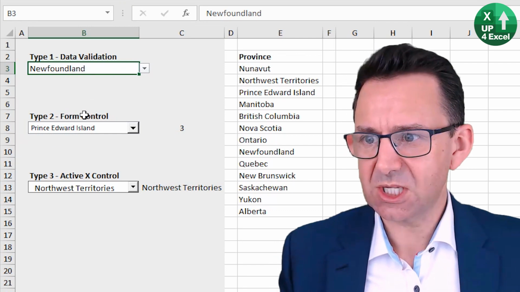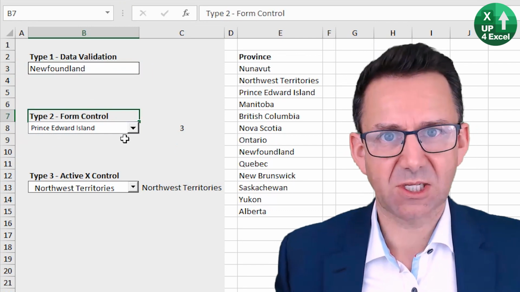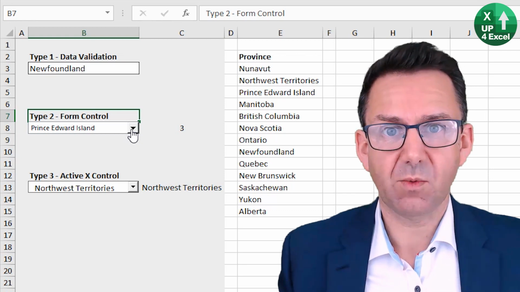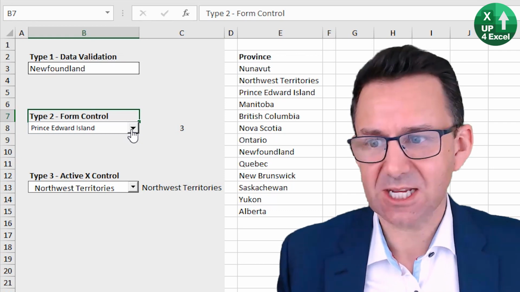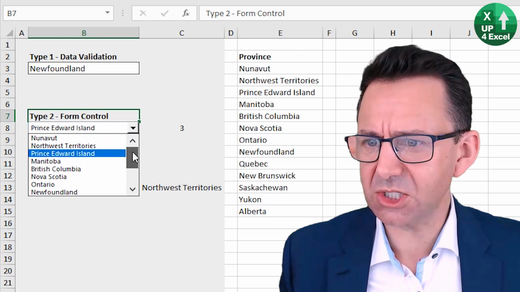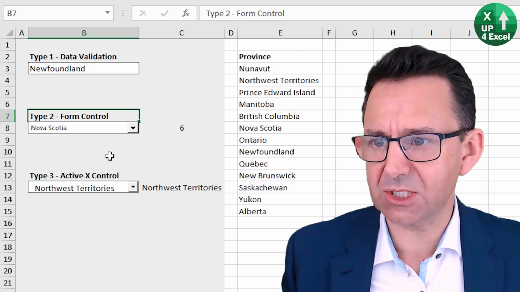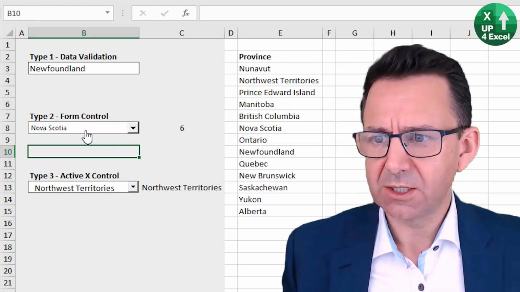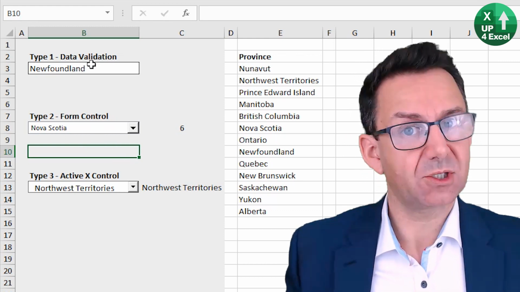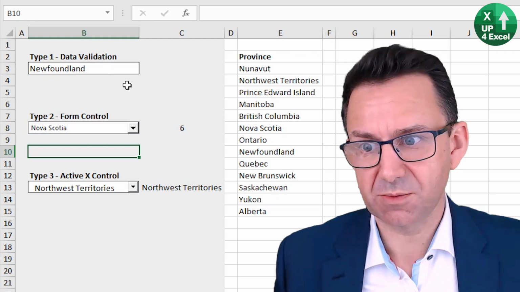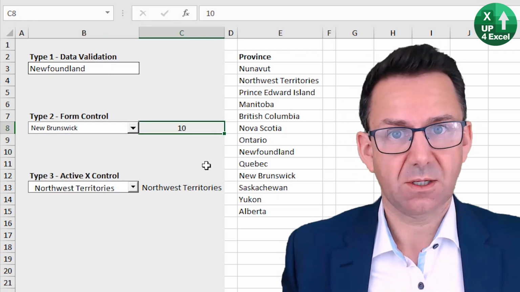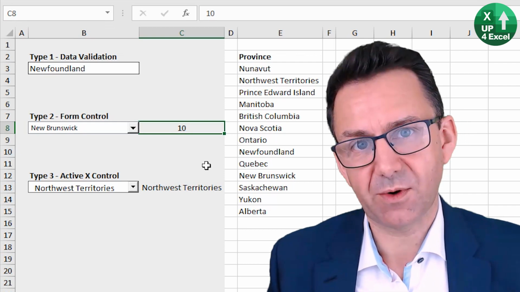some of the others. Second one, form controls, a bit of a legacy control I feel, but brilliant in quite a lot of ways because it's still very easy to set up and it just gives a more professional appearance. If you're just using a selector drop down, for example, it's very obviously a drop down, whereas data validation maybe not so much. Now what this does is it outputs a number, which is the number from the list that